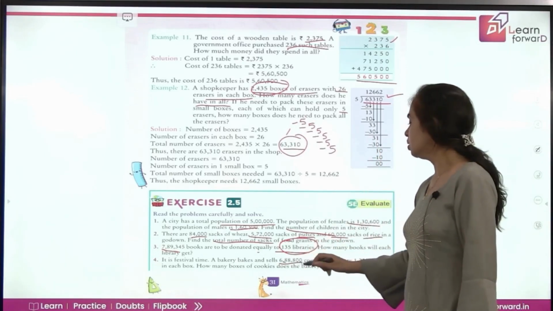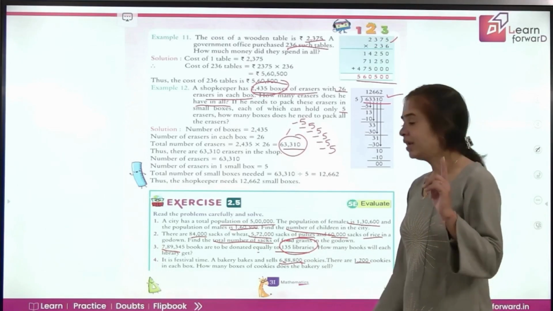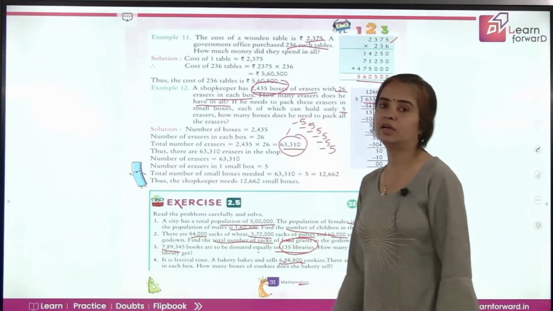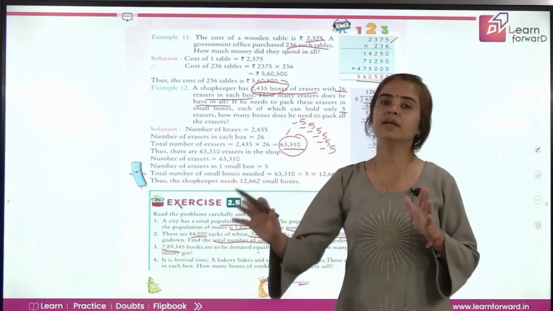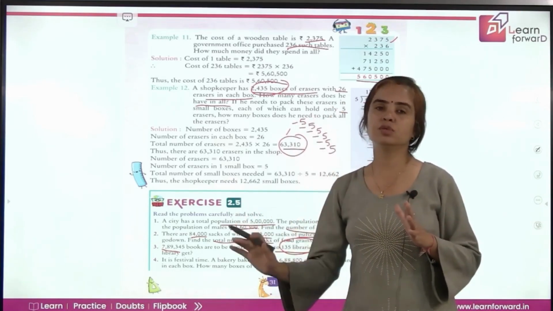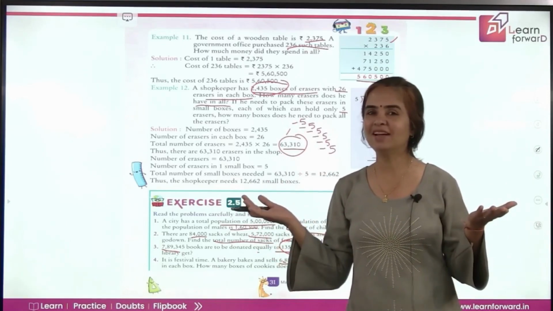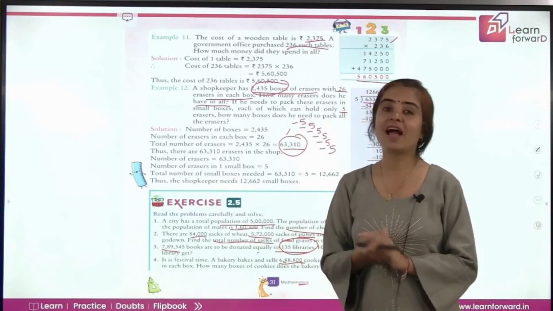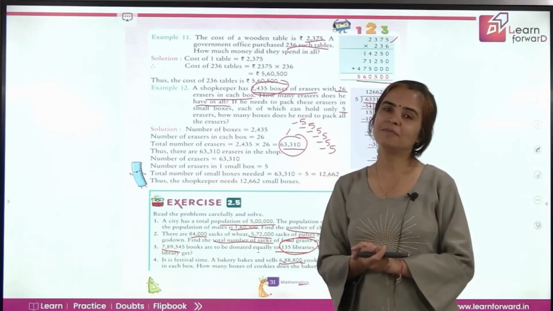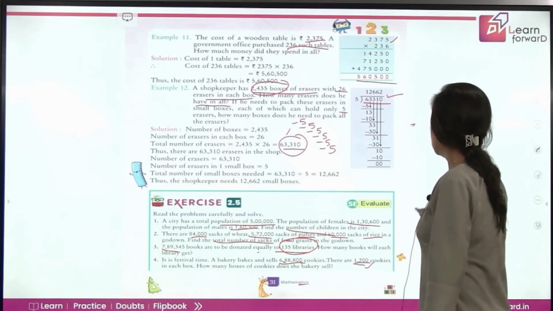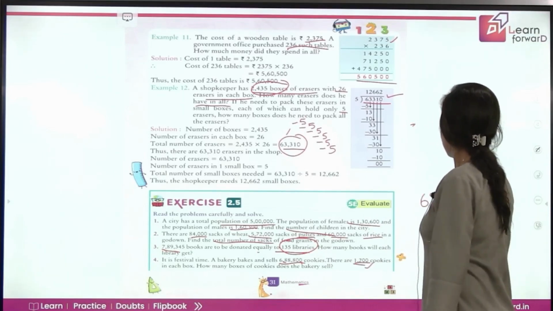So total cookies are these many, and in each box, they are putting 1,200 cookies. So 1,200 in one box. Again 1,200 taken out. Again 1,200 taken out. What are we doing? Repeated subtraction. And what is repeated subtraction? Repeated subtraction is division, right, children? So here also you will be dividing